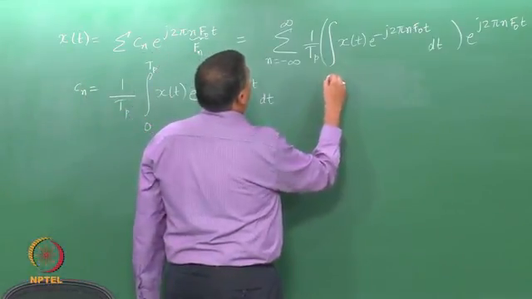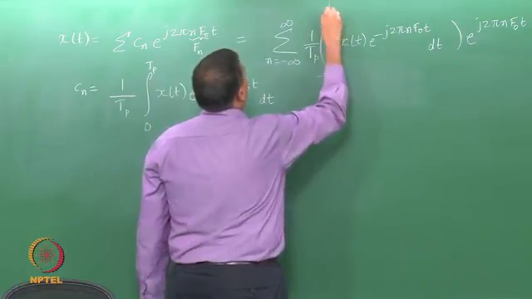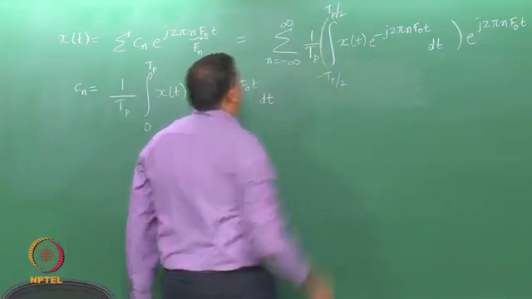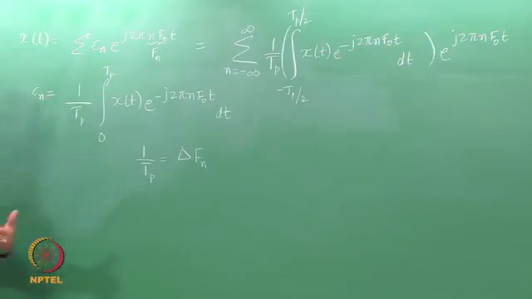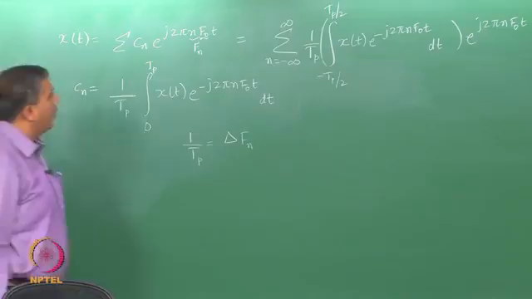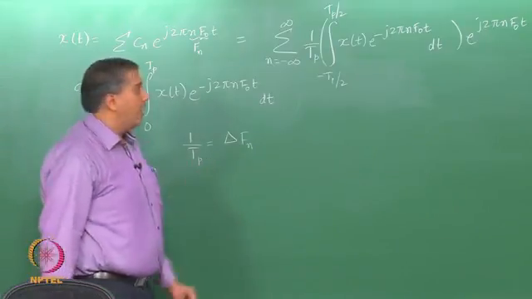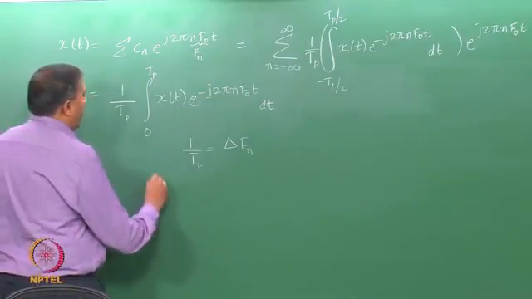Now, this limit here runs from 0 to Tp, but we will make a slight change without causing any change in the overall result itself. Instead of evaluating the integral from 0 to Tp, I can evaluate it from minus Tp over 2 to Tp over 2. As long as the integral interval is over one time period, it really does not make any difference. Now, when I let Tp go to infinity,